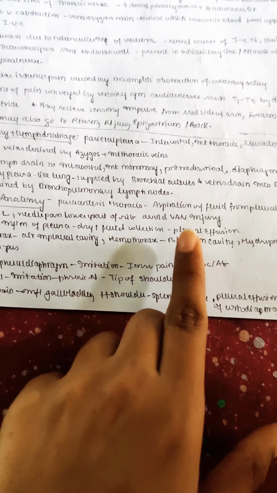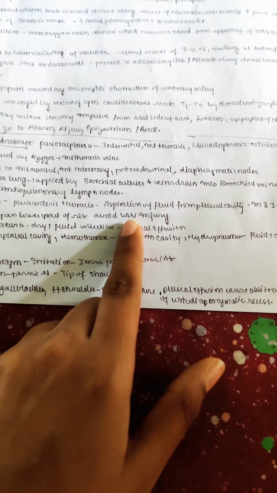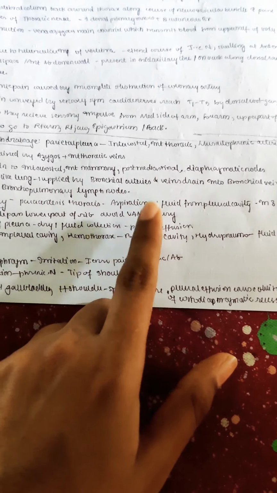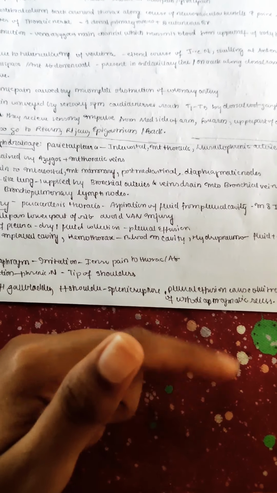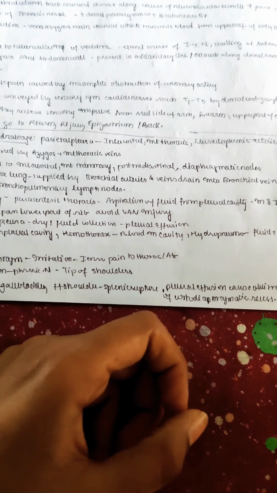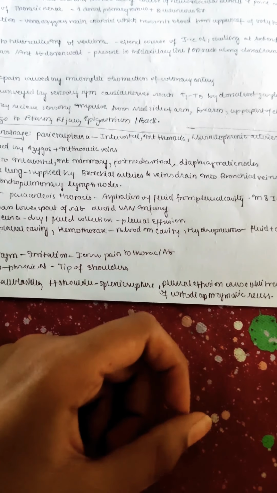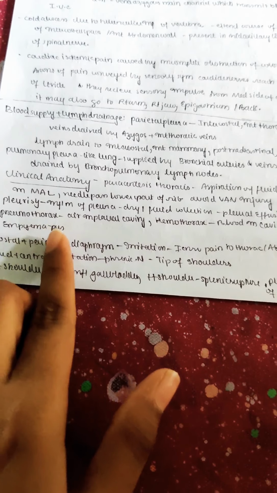Whenever you are passing a needle, first the skin is pierced, next the superficial fascia, next the deep fascia, after that the intercostal muscles. After that you have the vein, artery and nerve, and next comes the parietal pleura, and next the visceral pleura. So remember, the needle should go only till the parietal pleura, because after piercing the parietal pleura you will get the pleural cavity. If you go beyond the pleural cavity, it may hurt the visceral pleura and sometimes lead to injury of the lung. So always remember, it should go only into the cavity of the pleura.